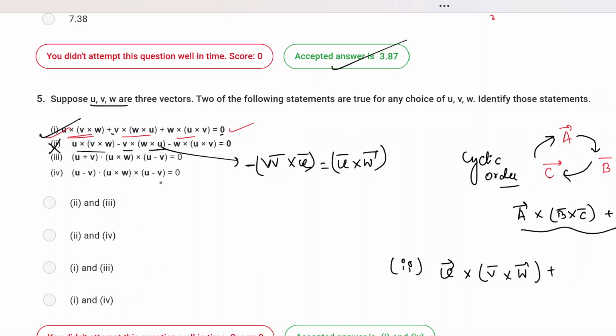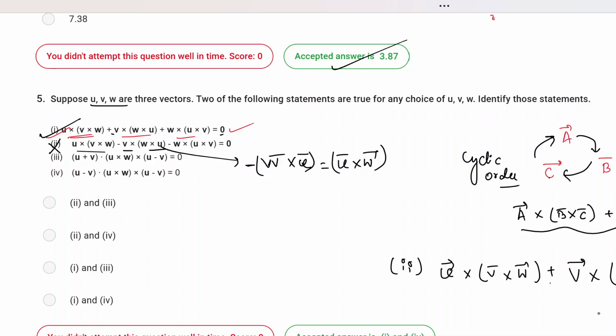Then for the second term, we absorb this minus sign within this cross product. So a cross product, by absorbing the minus sign, will change the order, reshuffle the order basically. So it becomes V cross with a plus sign, and the minus comes in between this cross product and changes the order to U cross W. Similarly, the minus sign on the third term gets absorbed in the cross product and it gives you V cross U.